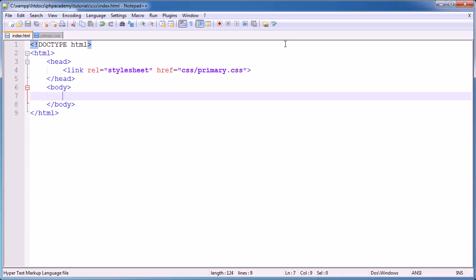Now an ID is more or less the same thing, but we can only have one of them. It's a unique identifier. ID, identifier. Why would we use this? Why couldn't we just use a class? Well, you could use a class, absolutely, but